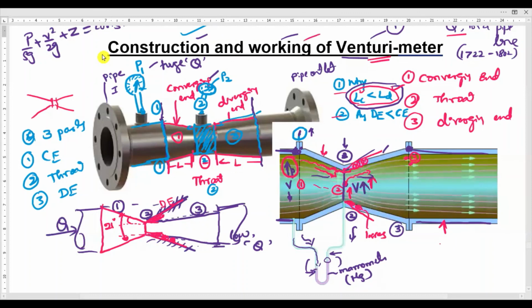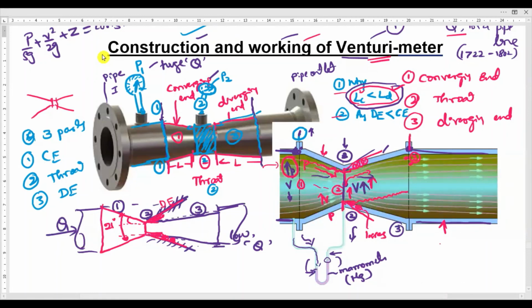Okay, the working is also the same here, as the fluid flows from point number 1 to point number 2. The only thing you need to remember is that the high pressure energy of the fluid will be converted into high velocity. So here the velocity at the throat is more, then the pressure will be less. Slowly the pressure will build up here again, so that the fluid will flow from one point to another point.